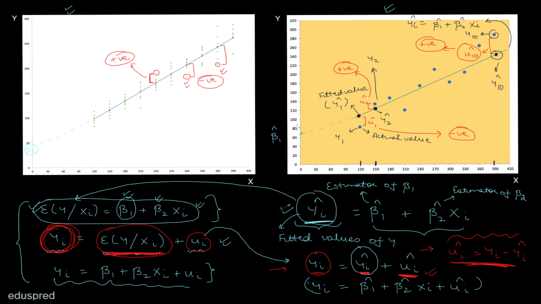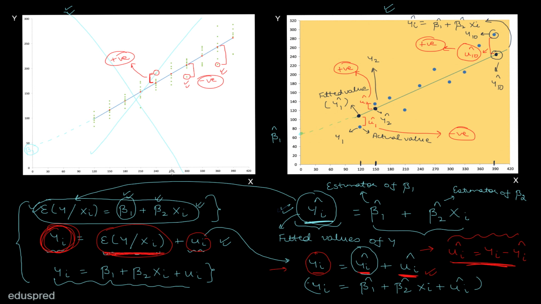It's just that right now on my screen, you are able to see the difference between the population regression line and the sample regression line because I have drawn both the lines over here. In real life, you won't even get to see this population regression line. So the only thing that you're going to have in real life is your sample regression line. And your job is to make sure that your sample regression line is as good as possible. And how do we make sure that the sample regression line is as good as possible and how do we fit this line is something that we are going to discuss in my upcoming videos.